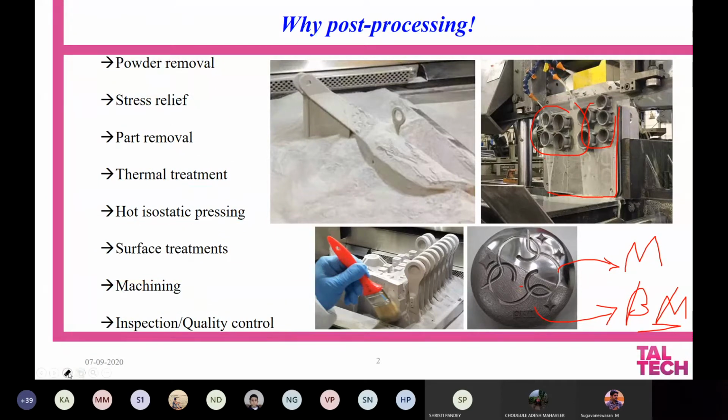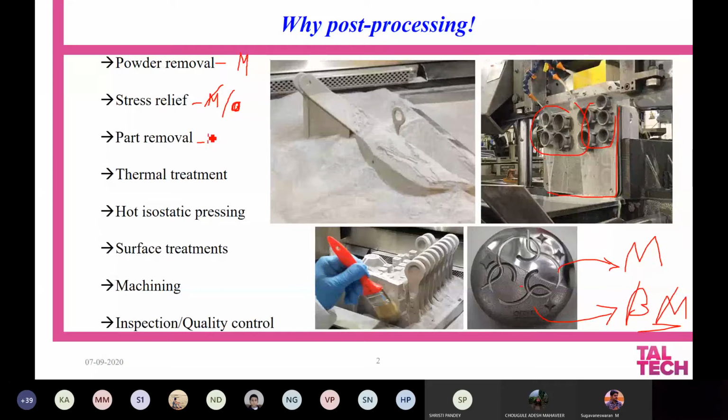So let's mark the mandatory with M and mark the optional with O. Powder removal is going to be a requisite post-processing operation because we are using powder. So this is a mandatory post-processing operation. Stress relieving, depending upon the process, may be mandatory or may be optional. But I will keep it mostly as optional because even with processes that can induce high stresses, we can skip this, basically considering time and cost.